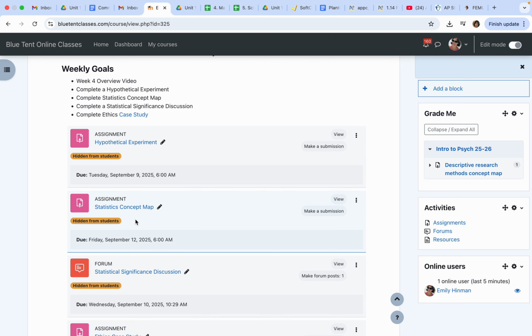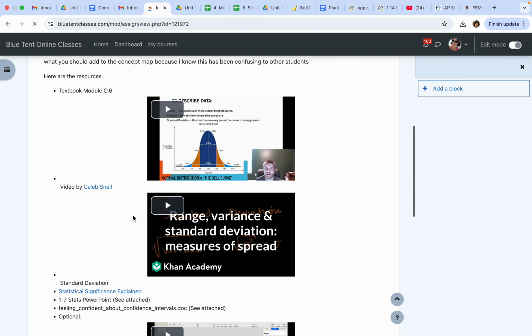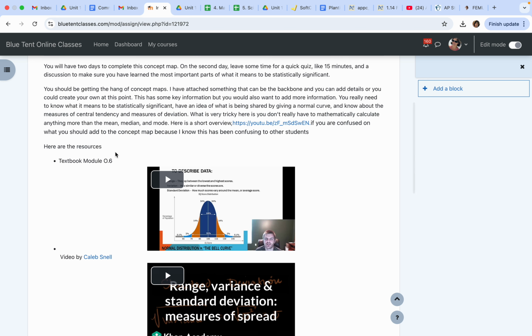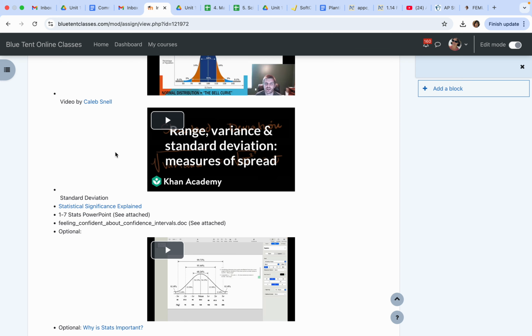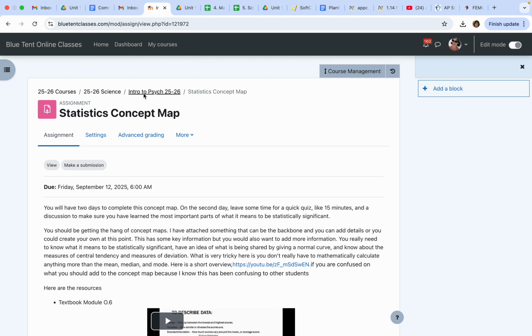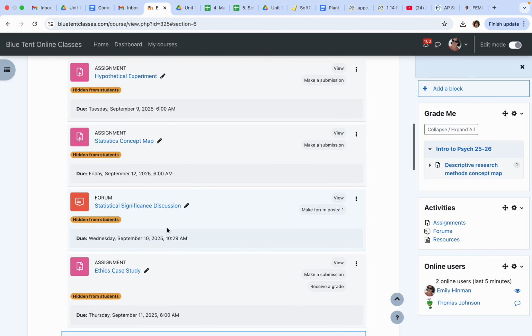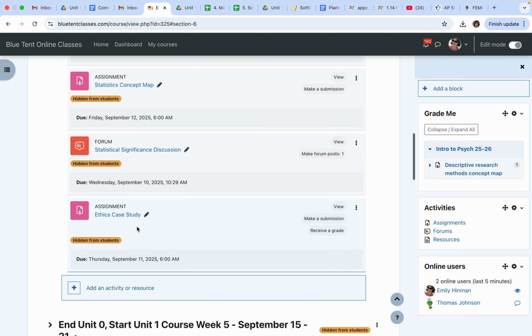This is all the mathematics that you're going to see. So you can see here that I have quite a bit of resources for you to use. So you're going to have to spend some time on this. It all depends on how much math you have. I'm not going to have you do a whole lot of math problems, but you really need to know how to read and interpret what you're looking at. All right, so spend some time on the statistics concept map, and then you're going to take what you did for your hypothetical experiment, and I just want to see, can you tell me how statistical significance is related to what you did? And finally, there's some case studies here on ethics.